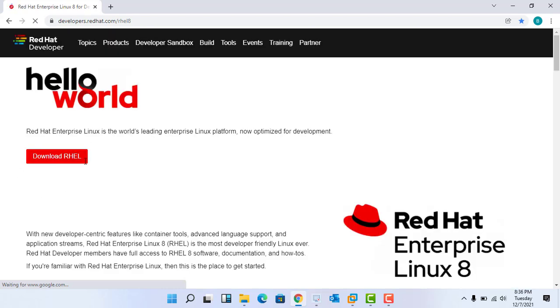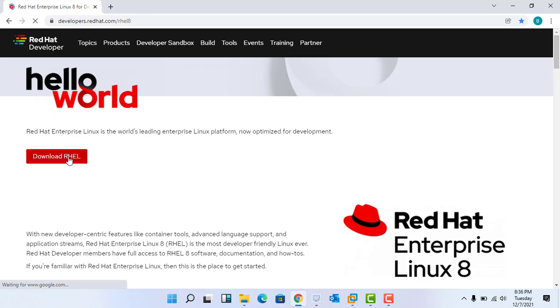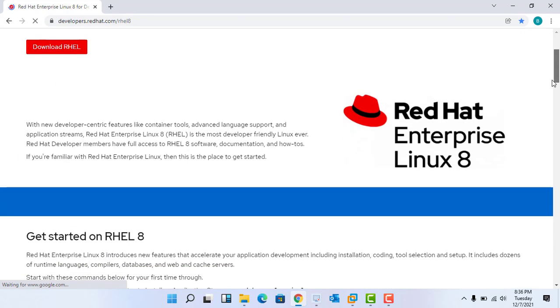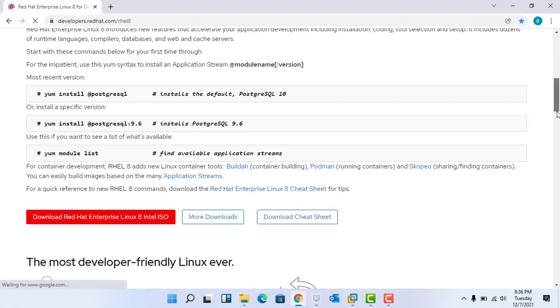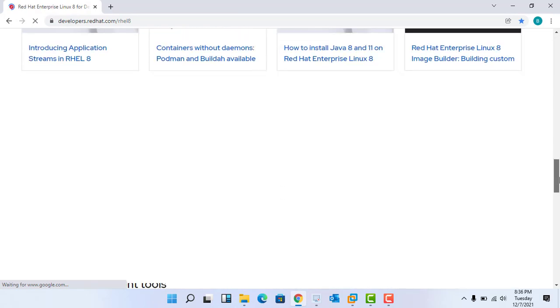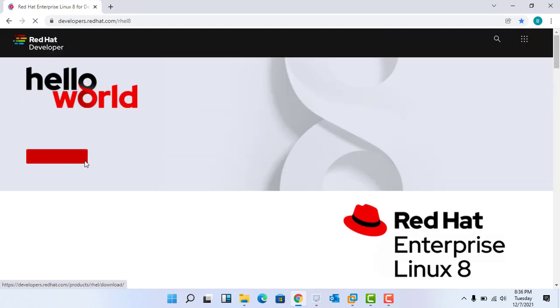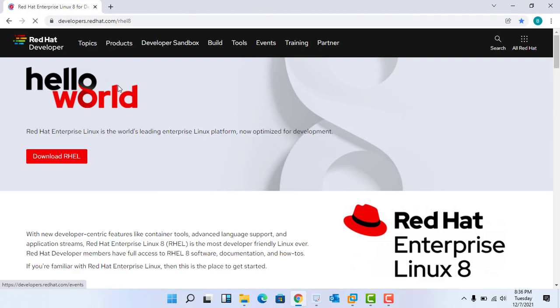Now you can see here download RHEL. To download the ISO, you have to scroll down a little bit. Click on download RHEL. It will give one pop-up for the login.